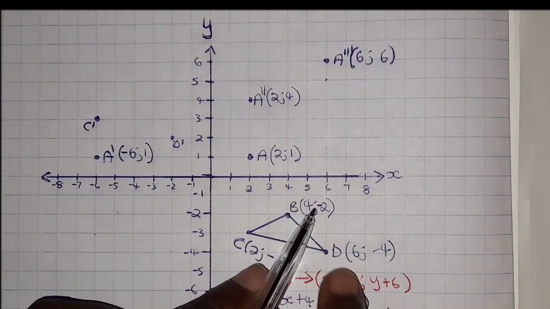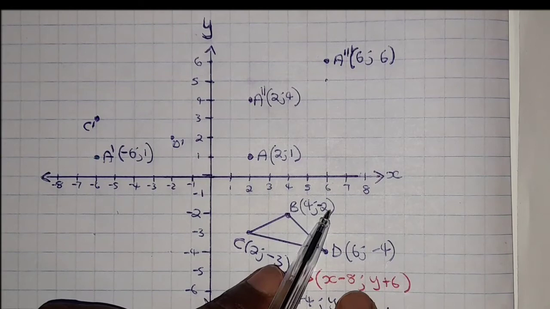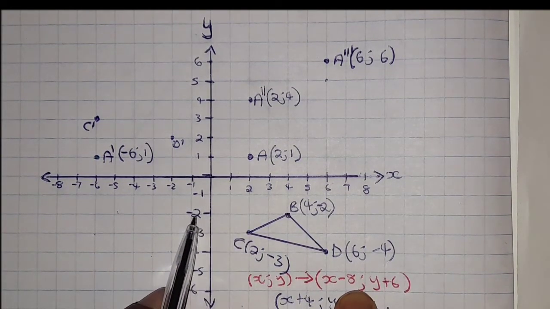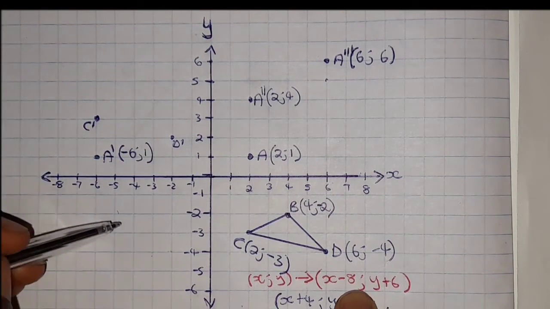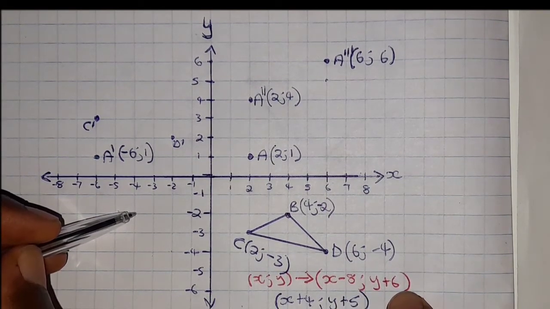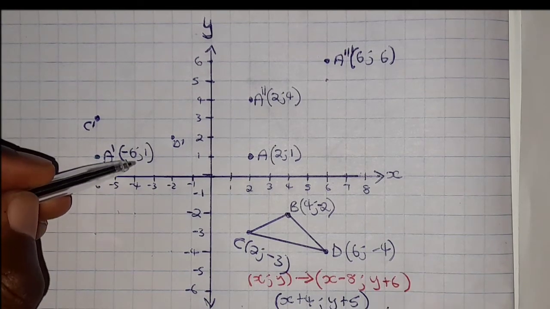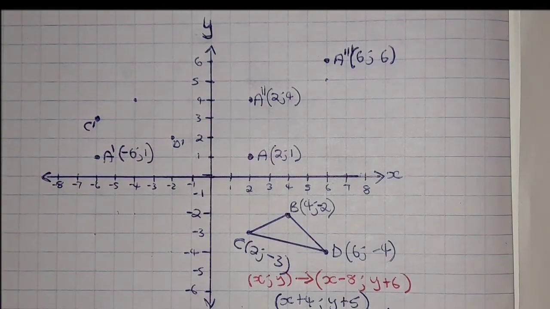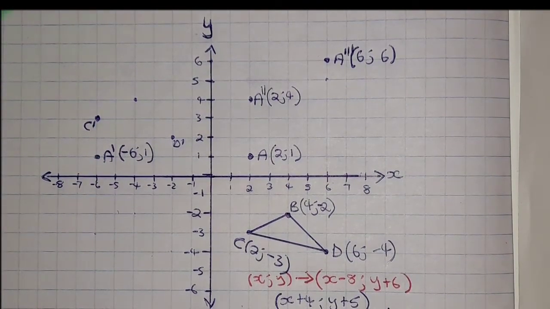And then the third one is 4, negative 2. It's 8 steps to the left. It's 1, 2, 3, 4, 5, 6, 7, 8. So it comes here after counting 8 steps, and then 6 steps going upwards is 1, 2, 3, 4, 5, 6. And then get your ruler,